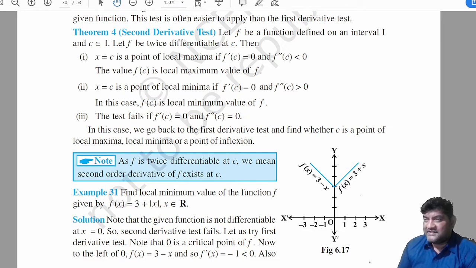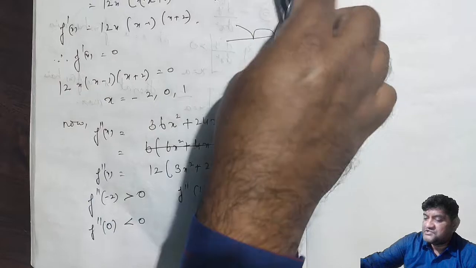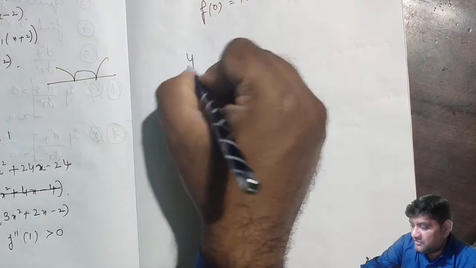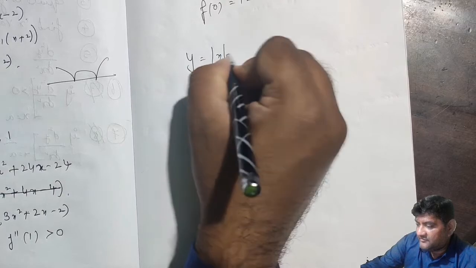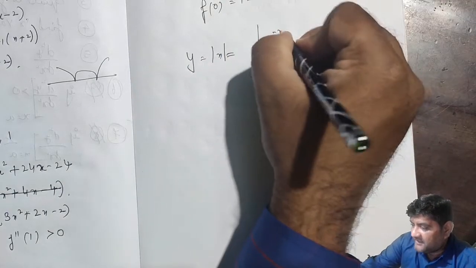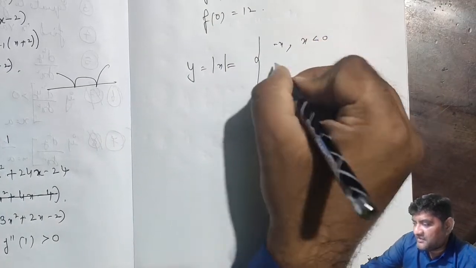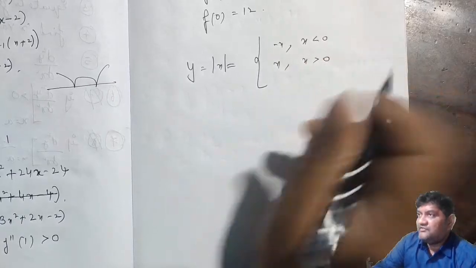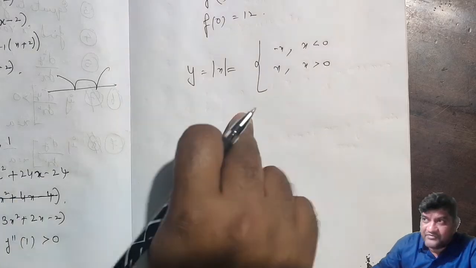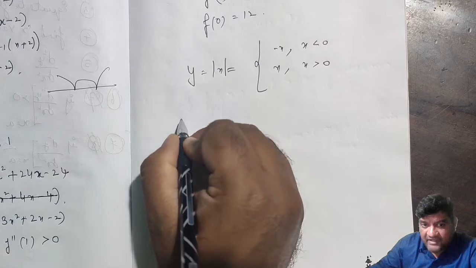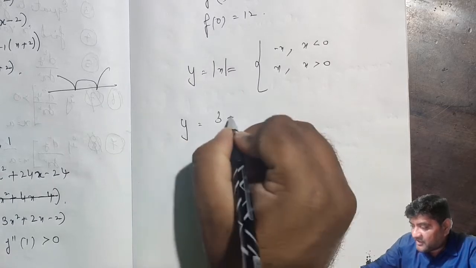What's a piecewise function? It's a function made up of two different functions put together. So when I say y is equal to mod x, it is basically equal to minus x when x is less than 0 and plus x when x is greater than 0. That's your piecewise function. If we have another equation, let's say y is equal to 3 plus mod x,